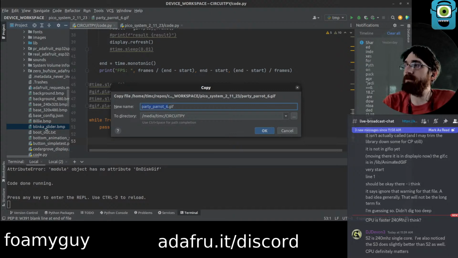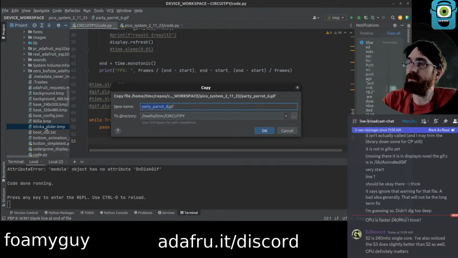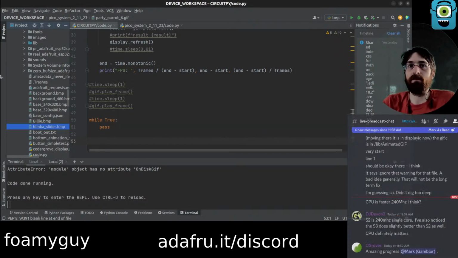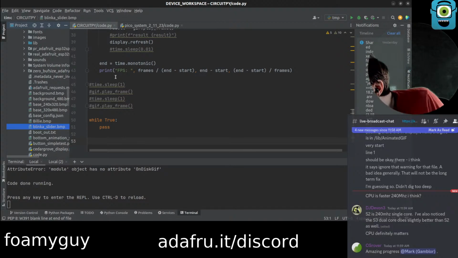It's 240 megahertz single core. Also notice S3 does slightly better than S2 as well. CPU definitely matters. This GIF. Oh yeah, we'll need to make a build. This is Titano, I think. Yeah.